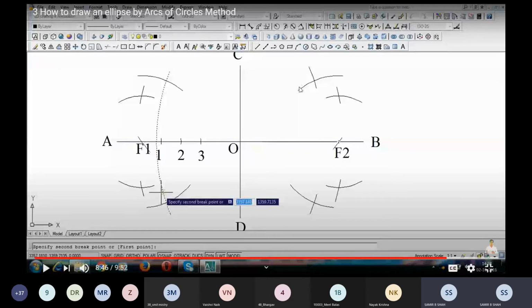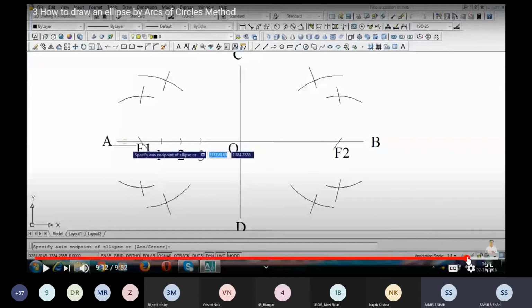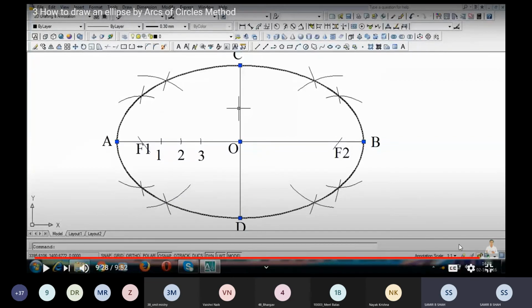Now one thing is remaining, that is how to draw the tangent and normal. That I can discuss right now. Mark the given point M on the curve. Mention any one point, right now I can mention the point M here. Now join the point M with the foci F1 and F2. Draw the line NN dash passing through point M such that it bisects the angle.